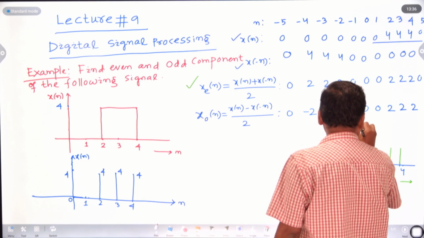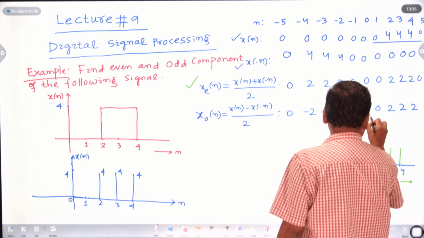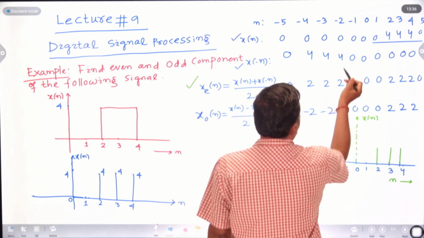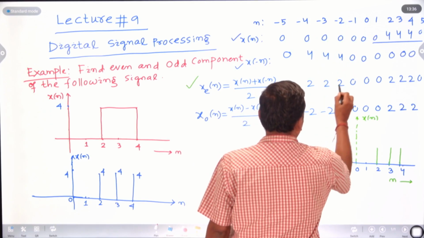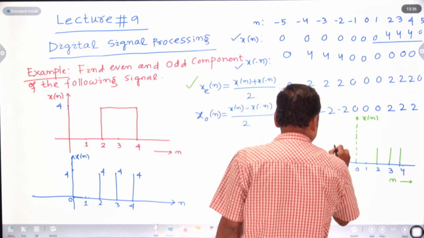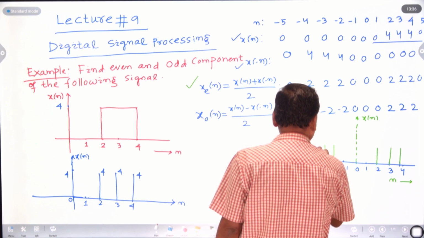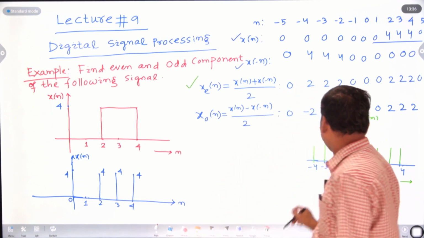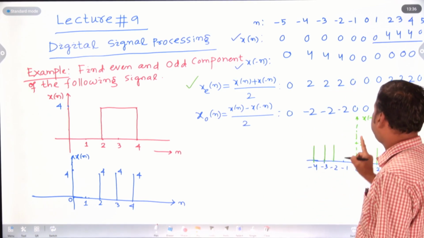This is your n, and this is nothing but x of n. Similarly, n equal to minus 2, minus 3, minus 4 also: 2, 2, 2. Here also 2. This is also 2, and this is also 2. And the amplitude is 2. So if you observe, this is nothing but an even component of the signal, xe